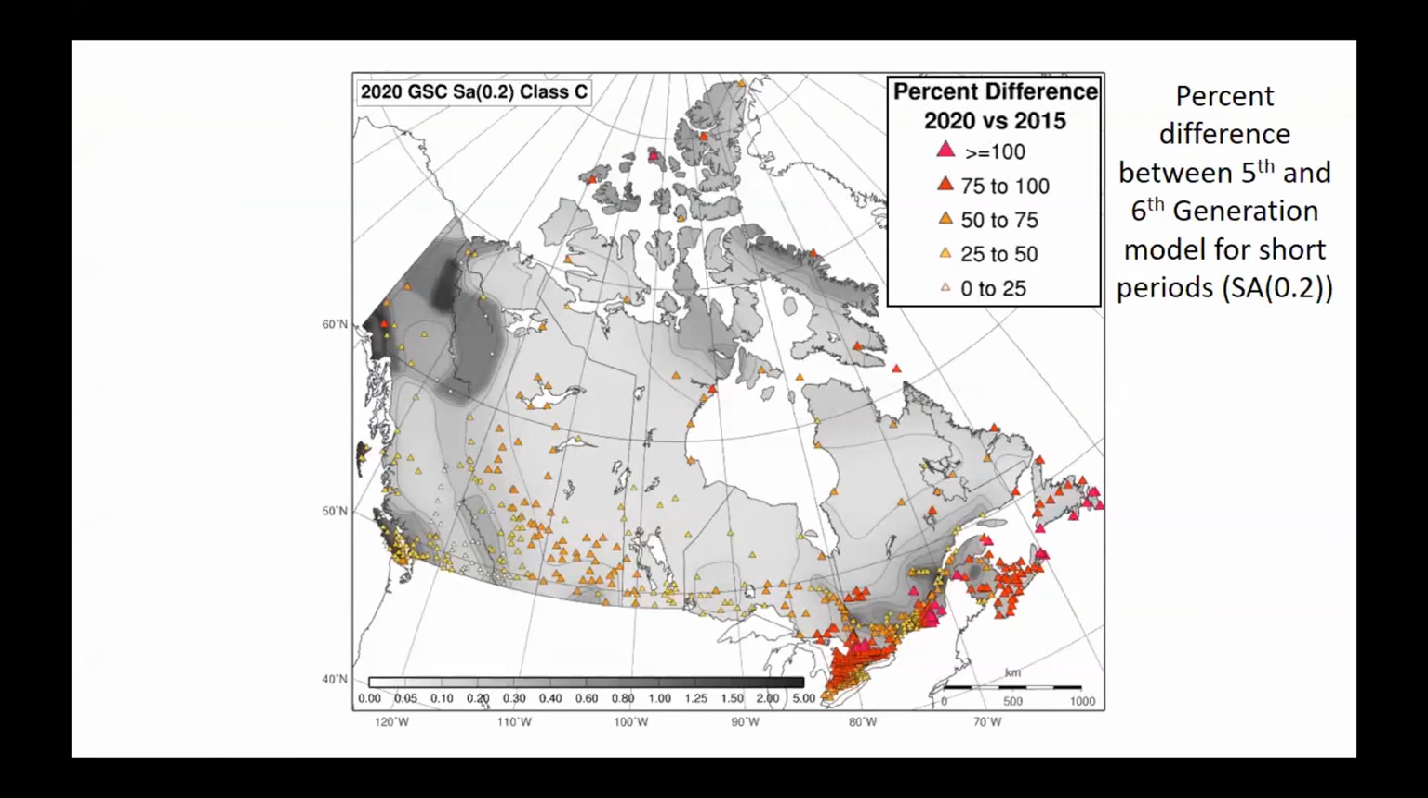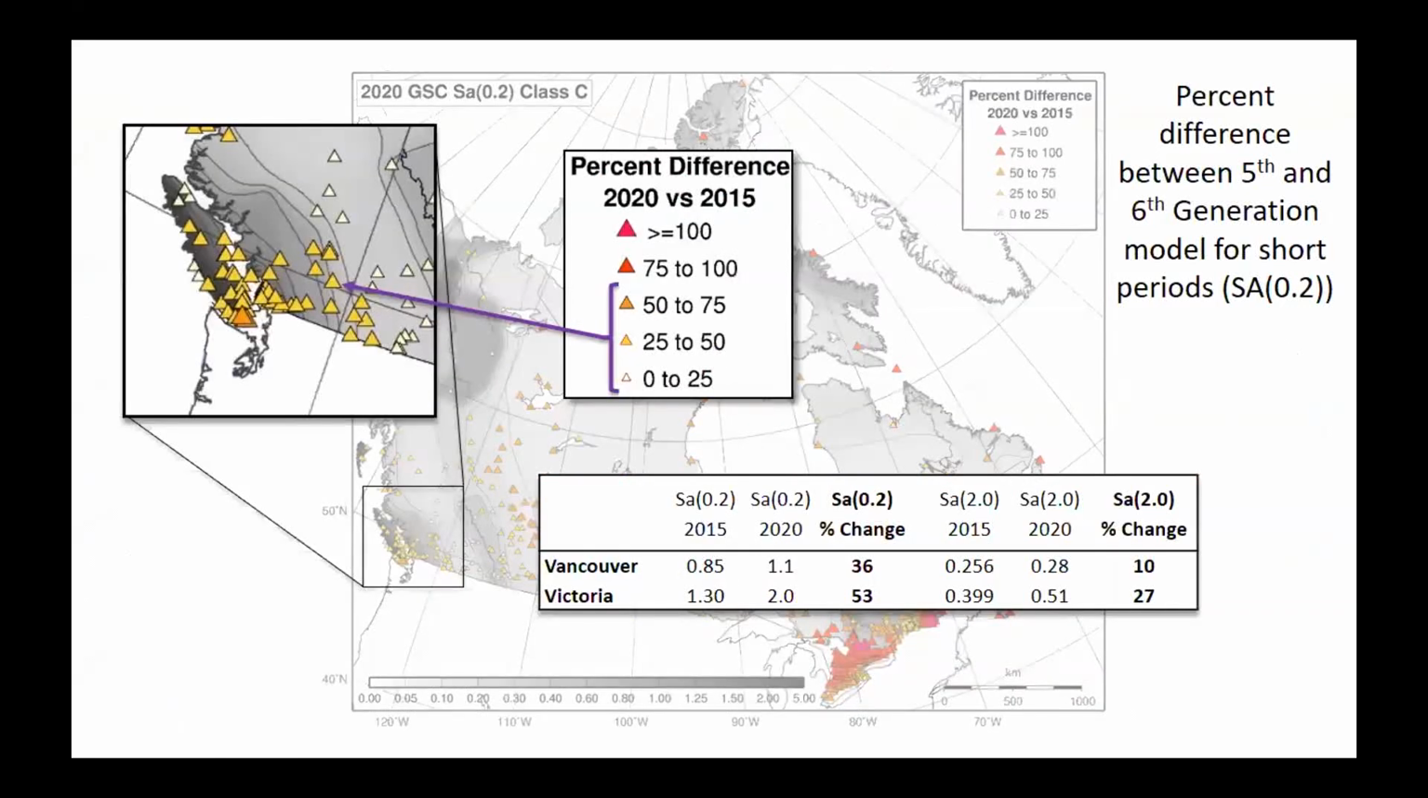And then I just have a series of slides to show examples of how much the hazard has changed in different regions in Canada for one particular measure, which is a short period at Class C. You have to keep in mind that there are almost 500 different variables that we can map. So the changes for one aren't necessarily the same as the changes at the other, but in general, the values have increased. So if you look at Southwestern British Columbia, for short period values, you can see Vancouver has increased by 36%, Victoria has increased by 53%, and this is the compounding effect of many things like adding more megathrust, adding the Leech River Fault, changing